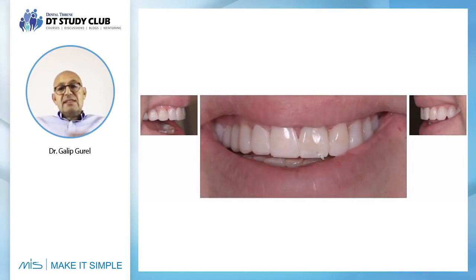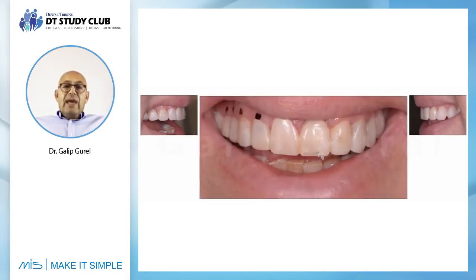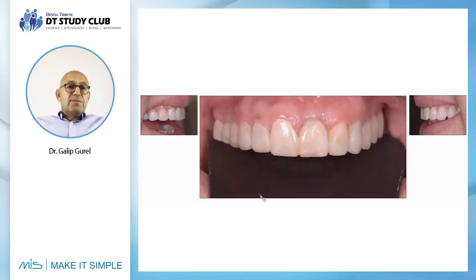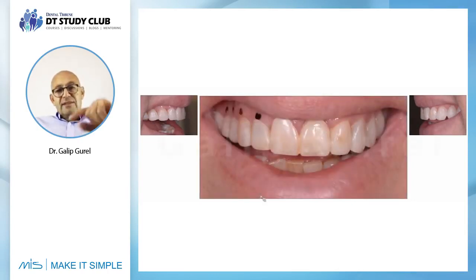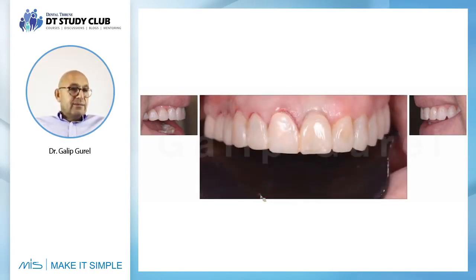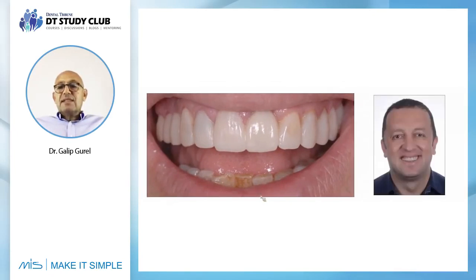So this is the new set of provisionals. One thing we have seen is that in his smile, this is slightly gummy on this side. So we just pinpoint the areas to be lengthened. We do a simple classic gingivectomy, osseous recontouring, apical crown lengthening, and this is now in a much better and